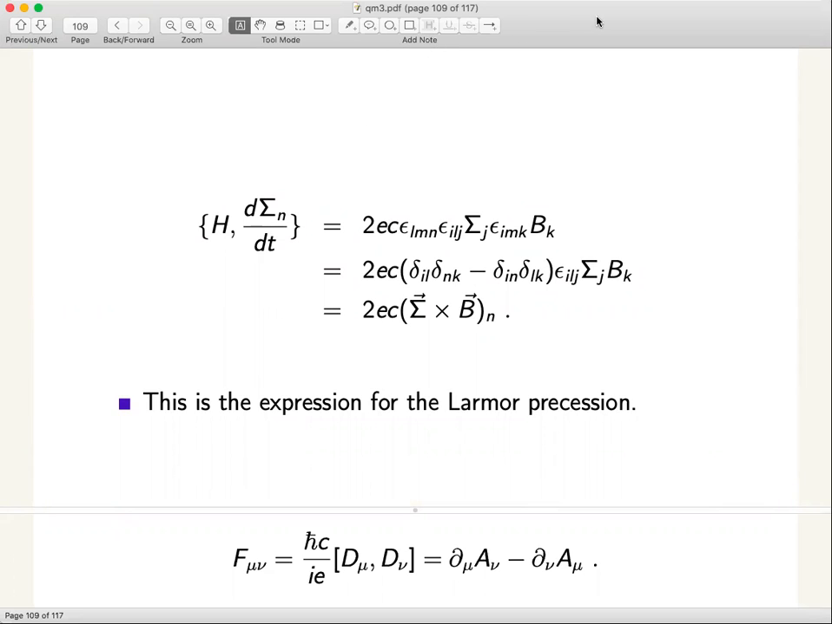Sir, like when we write the angular momentum operator,